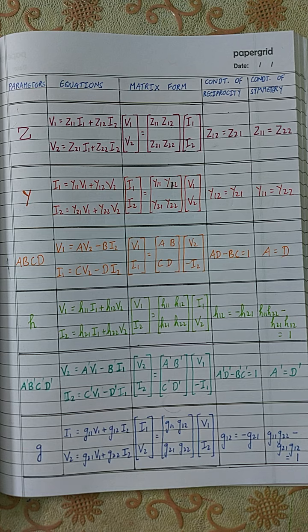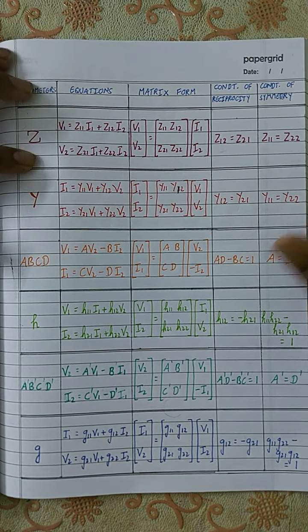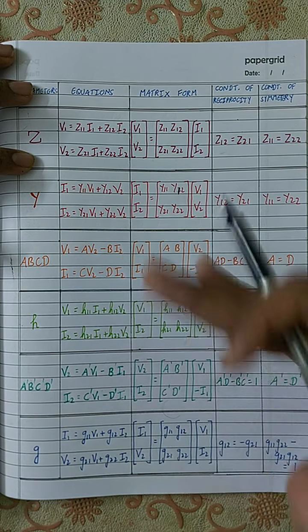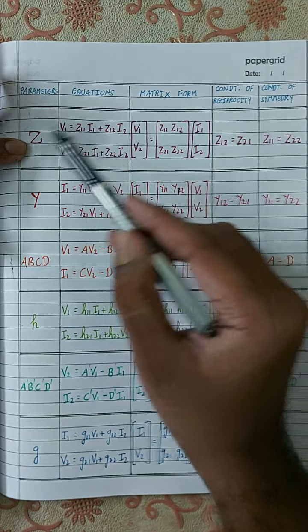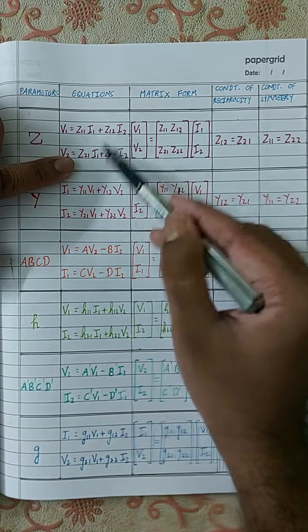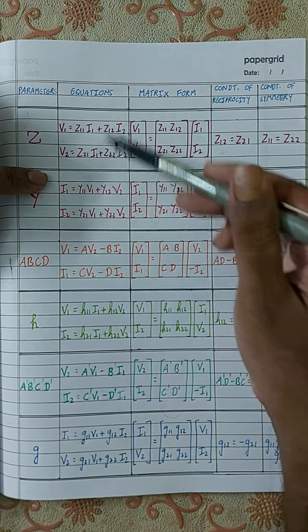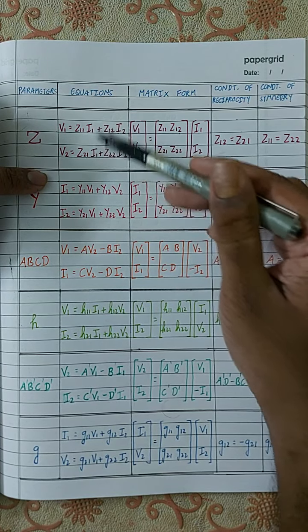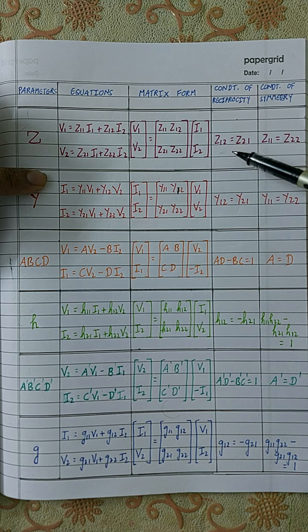Okay. So if you look at all this summary, remembering them is not that difficult, because when you look at each of these equations, understanding them is very easy. For example, we can ask what the Z parameter is. We have already seen this equation in many forms in my previous videos. This is nothing but Kirchhoff's voltage law. This equation is actually nothing but mesh analysis, right? This is expressing the equations in mesh analysis, writing its corresponding matrix form and remembering its conditions for reciprocity as well as symmetry.